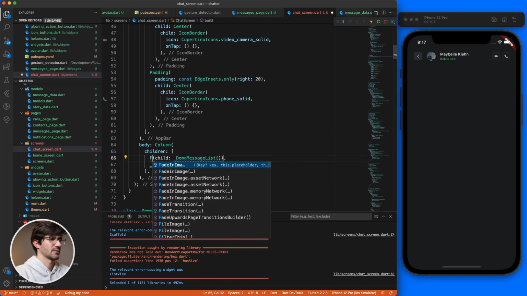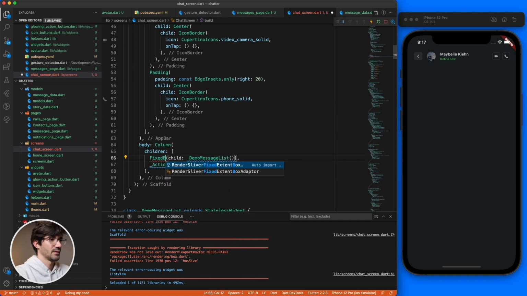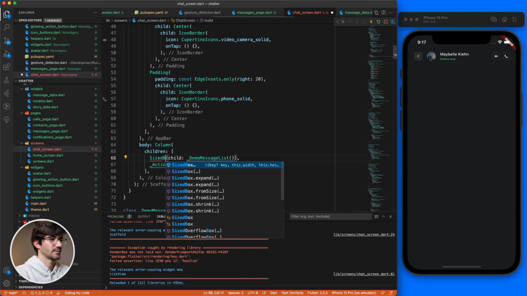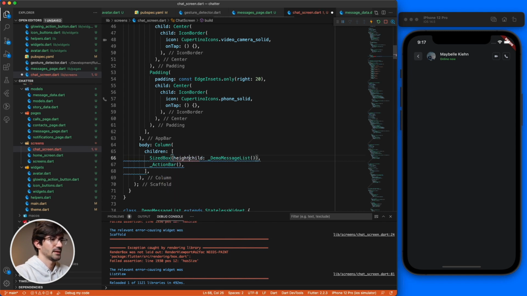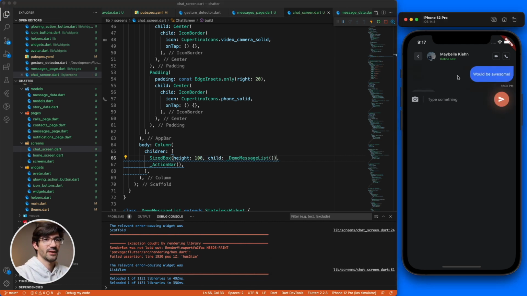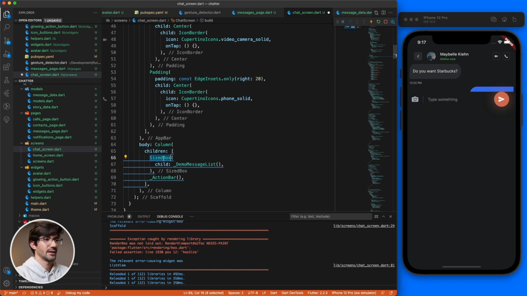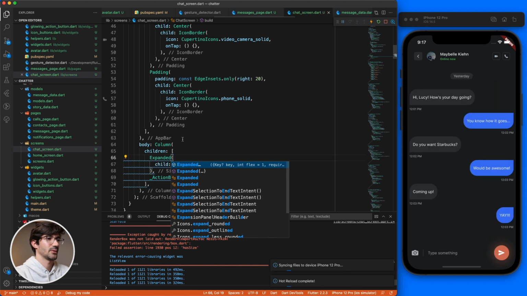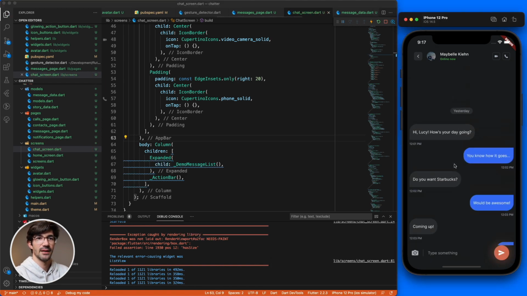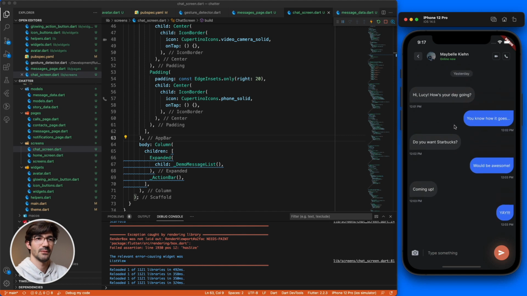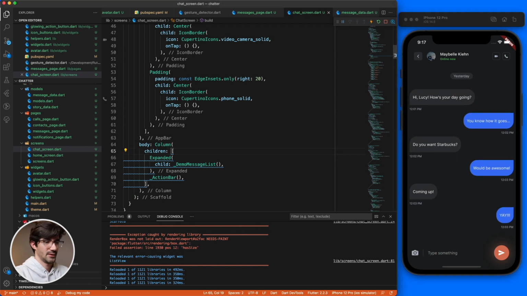So if we were to say wrap with widget, sized box, sorry, height of 100. Now everything is literally in this small little container here, which is not what we want. What we want is to give it expanded height. So tell it to be as big as it wants to be. And now you can see that, yay, we have this as big as possible. So const,